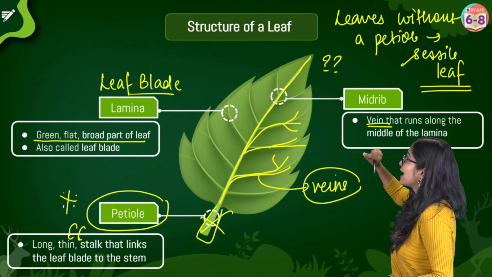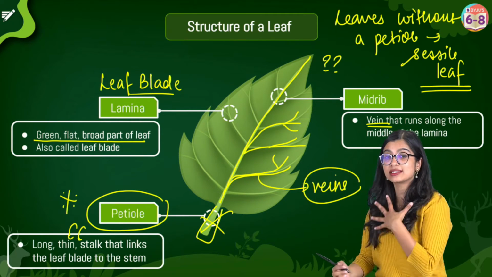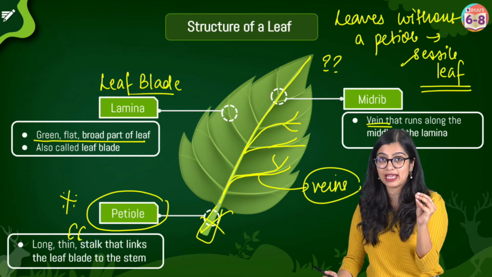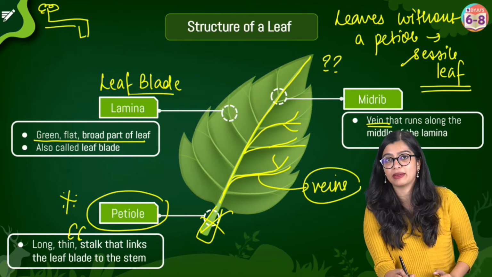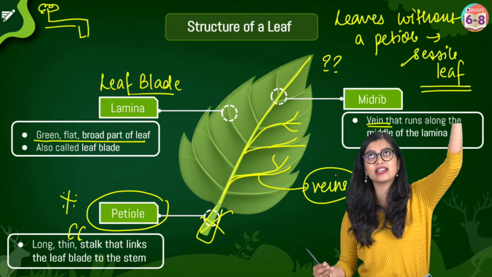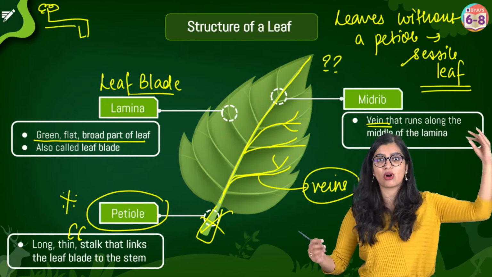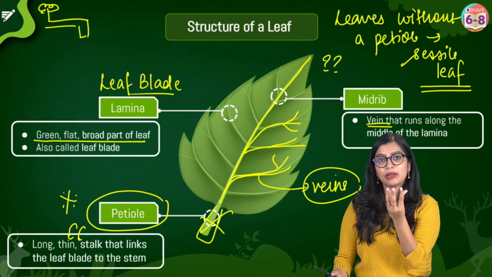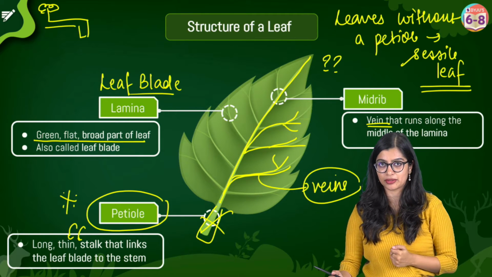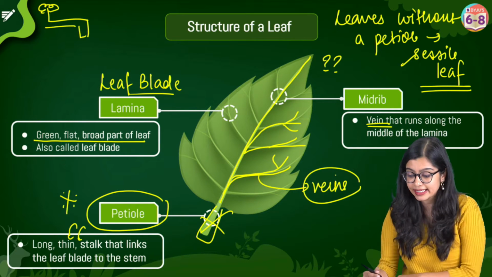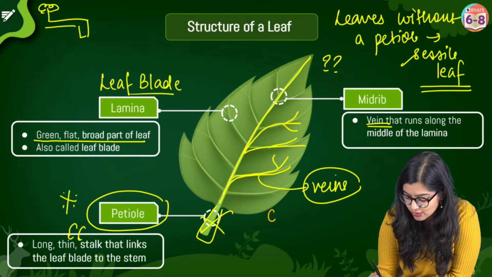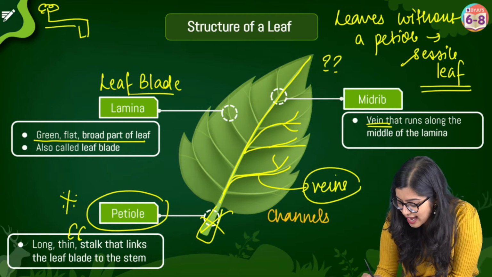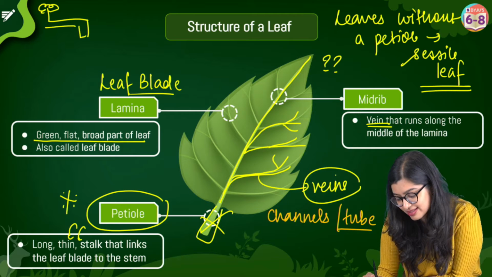We see that they are like tubes, yes? So just like in our house, we have a water pipe, no? We have a pipe and we know that from here we will get water. But how is it reaching the pipe? The water is coming through various pipes which are connected inside our house. The water will be brought from the sump to the pipe so that then I will get my water. Similarly, these veins are kind of like channels, okay? We say that they are channels, or in easy language, they are tubes.